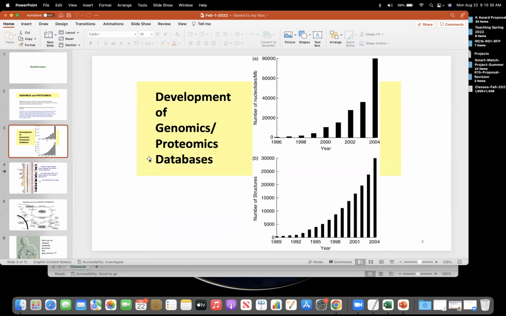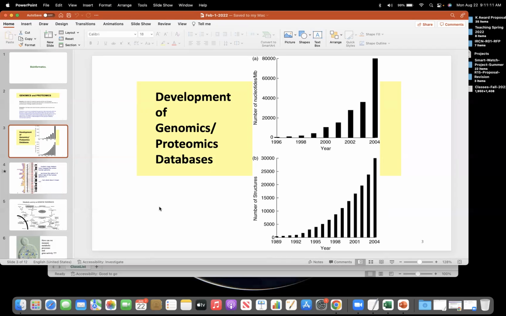So then there have been significant developments in the data banks, right? So data banks are where you store the genomics data and proteomics data. And genomics data would be just the different organisms like humans, mice, rat, C. elegans, Drosophila, and you would have different genes for these organisms. And proteomics would be just to have, say, protein structures for these different organisms, right? So the studied genes and studied structures, there has been a significant